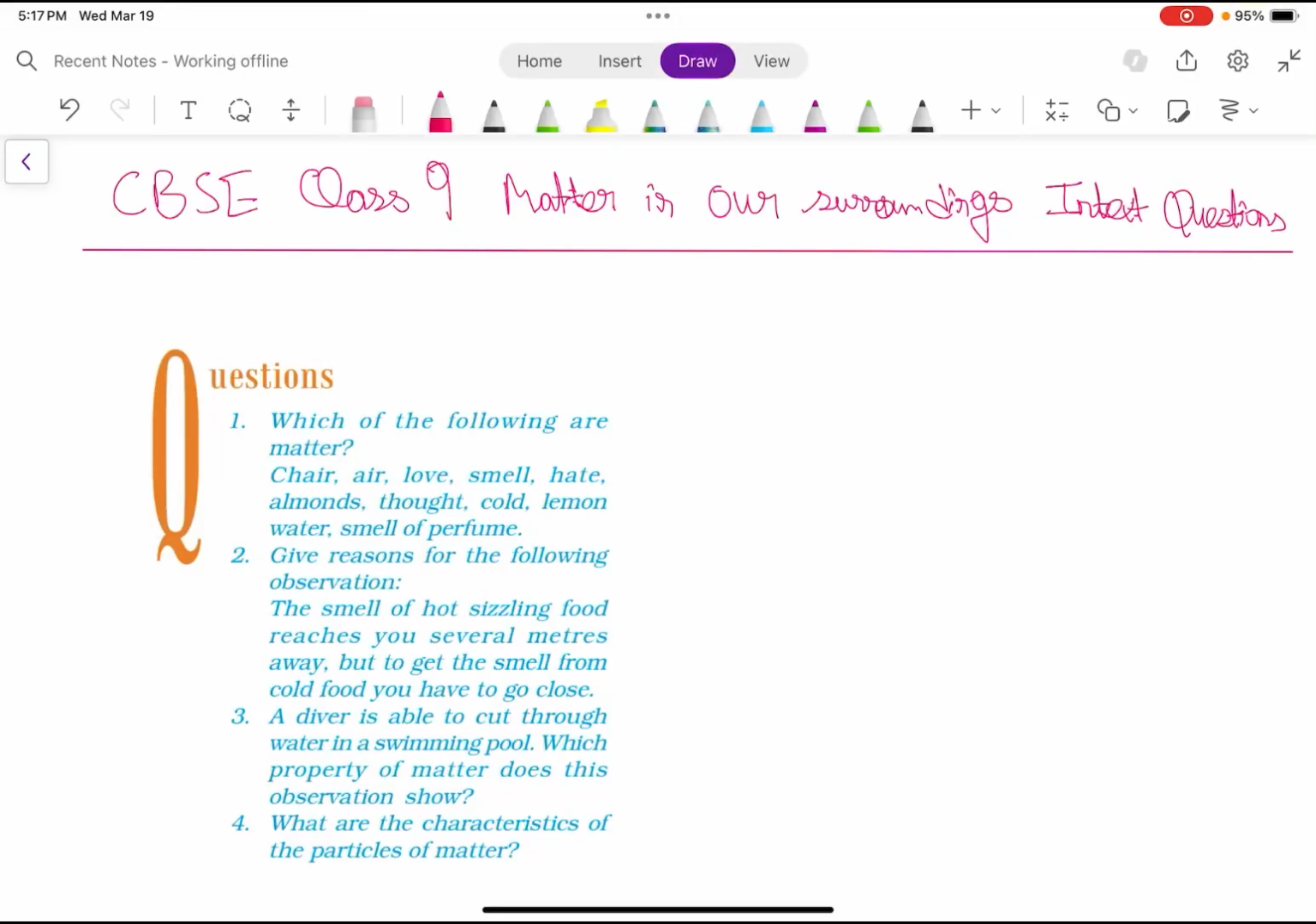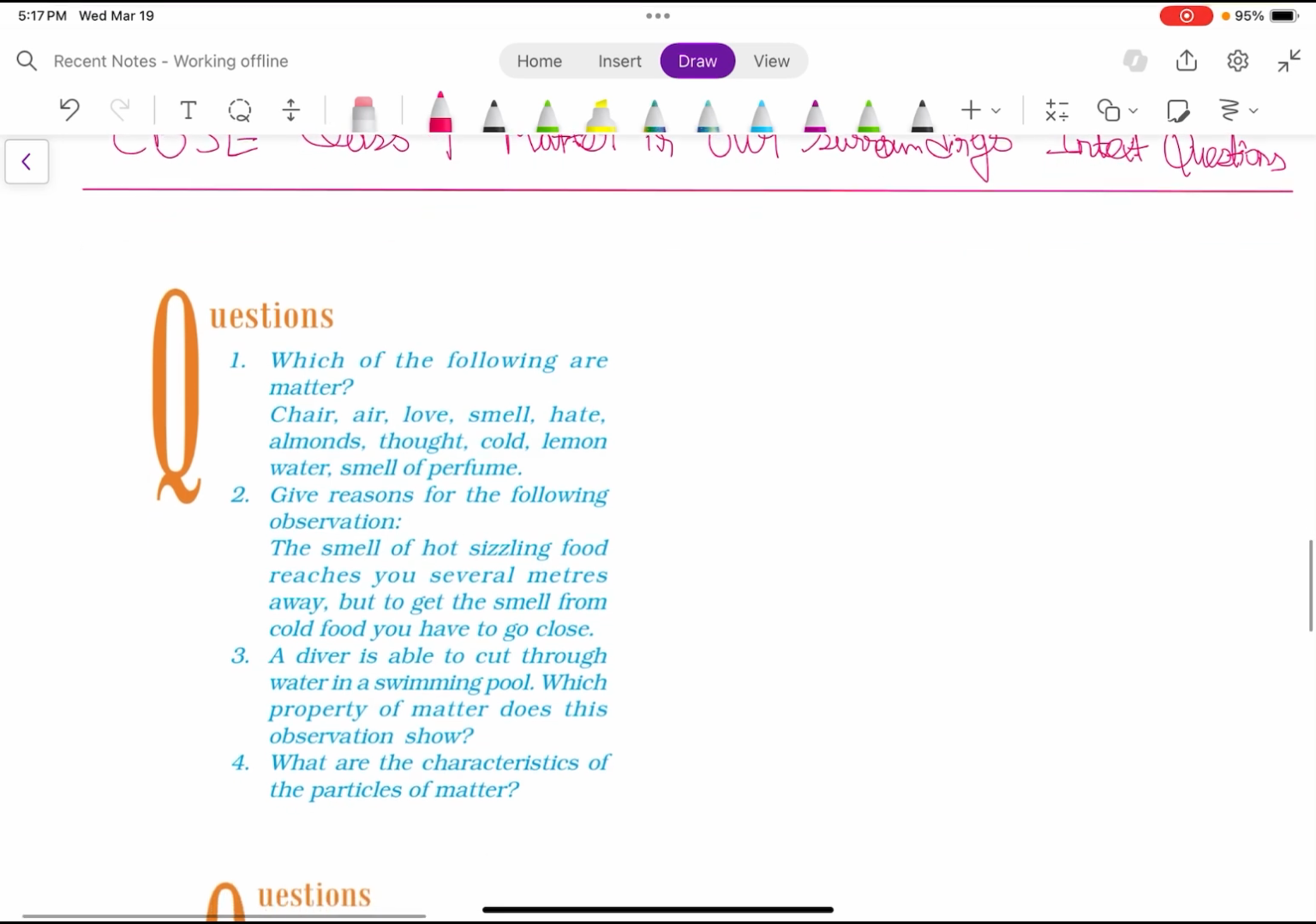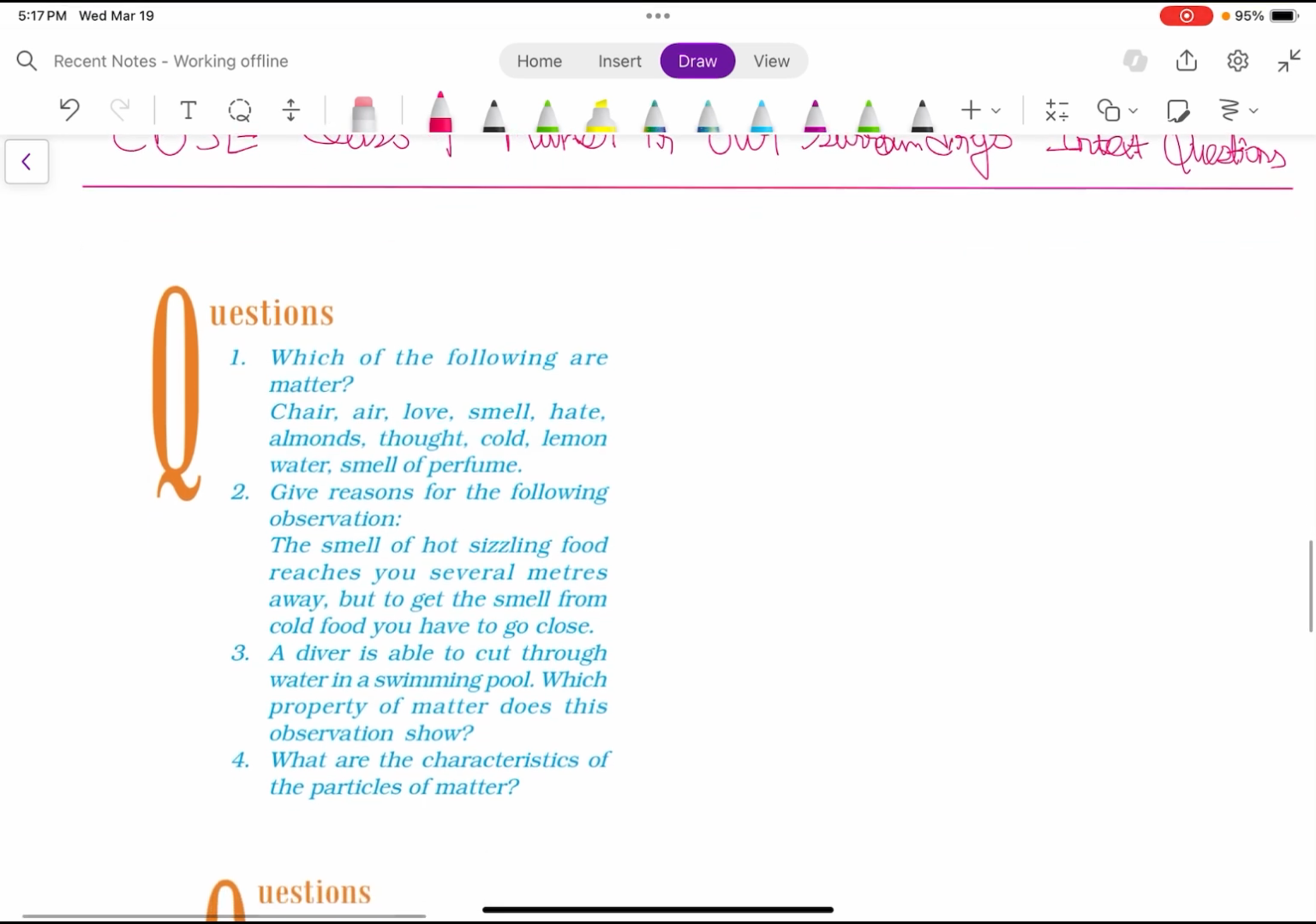Going to solve the CBSE class 9 matter in our surroundings in-text questions. The first question is, which of the following are matter? As we know, the definition of matter is something that occupies mass and has volume. So if we categorize the question into two parts,